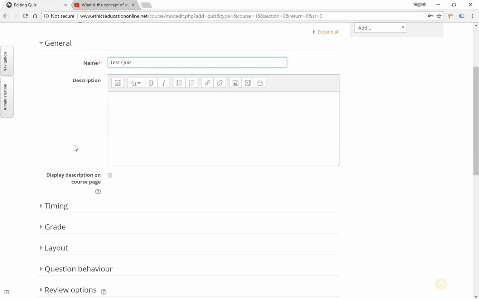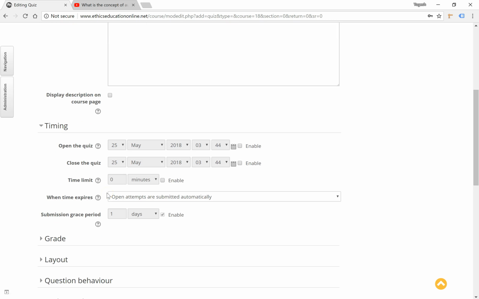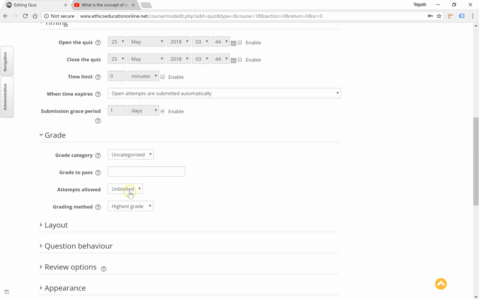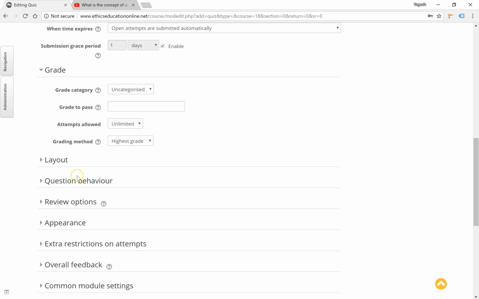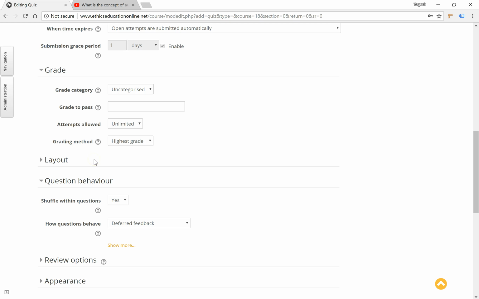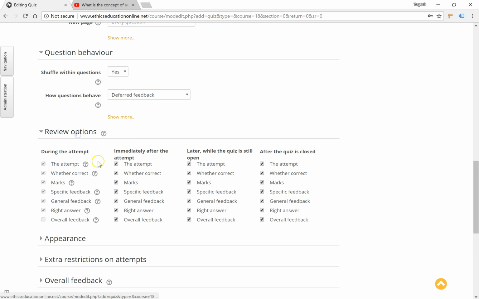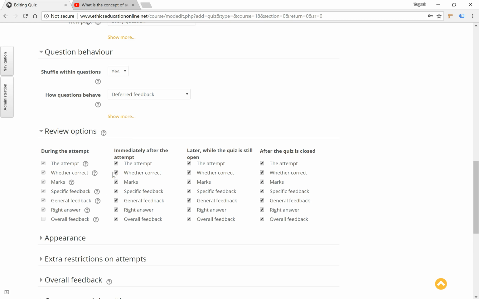You can add a description if you wanted to, the timing of the quiz, open and close dates, the grade, the question behaviors if you want it to be a sequential quiz, and if you want the feedback to be immediate or right at the end of the quiz. All those options can be set up here. You have the review options for the students,